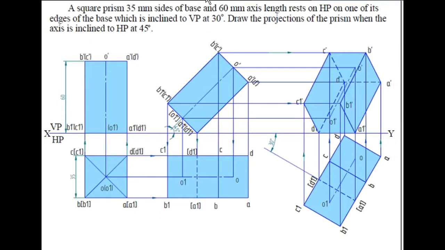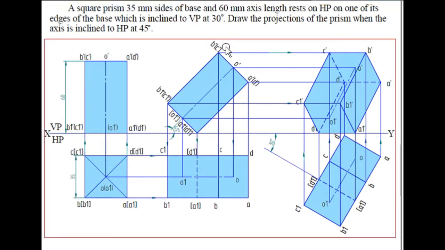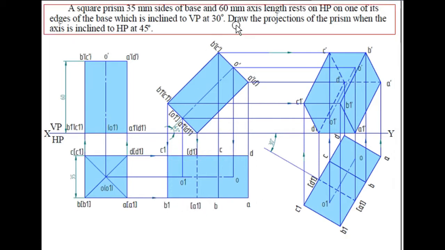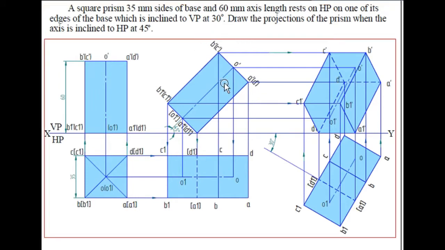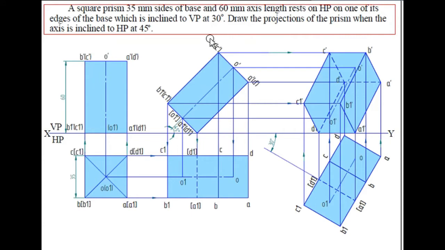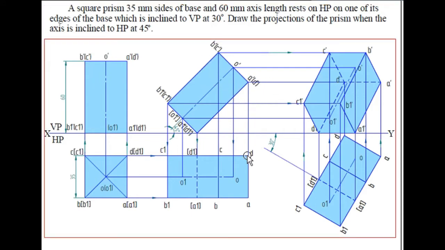So when the observer is seeing in this direction, the outer line will always be visible. So first join the outer line from C1 to D, D to A to B, B1 and B1 to C1. The outer line will be completed first. So when the observer is seeing from this direction, this face, the ABCD face, will be seen. So that is why I complete this A, B, C, D with a darker line.